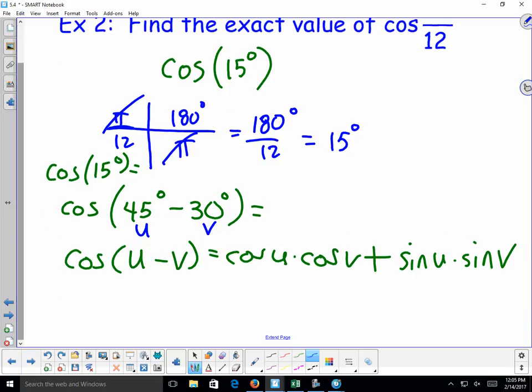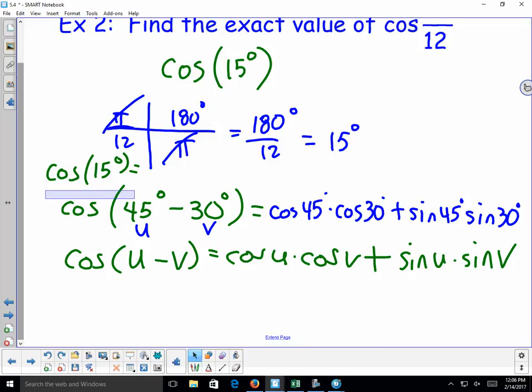And so I'm going to fill that in above here. What's it going to look like? Cam, what's it going to be? Cosine 45 times cosine 30, plus sine 45 times sine 30. Everybody agree? Everybody see where we're getting this from? Okay, so I can just